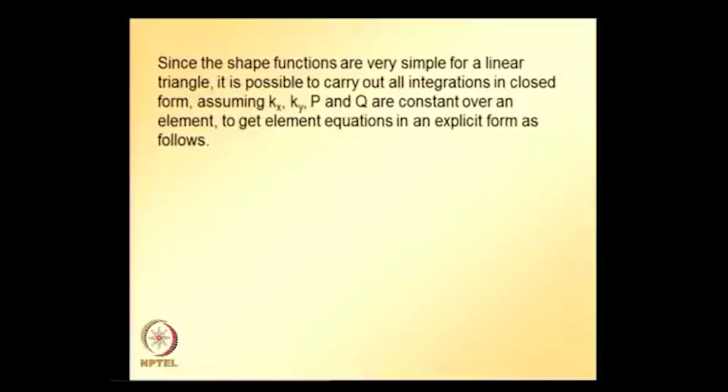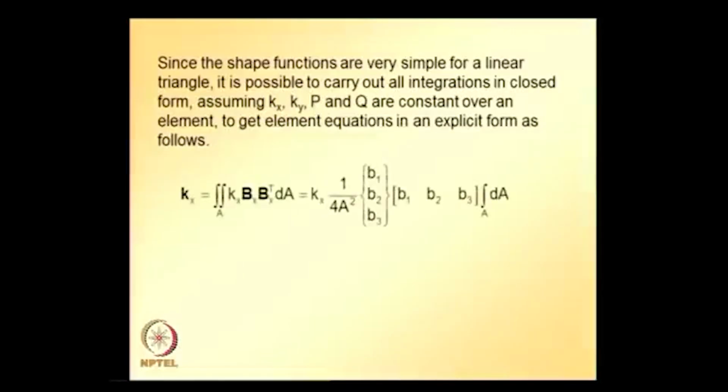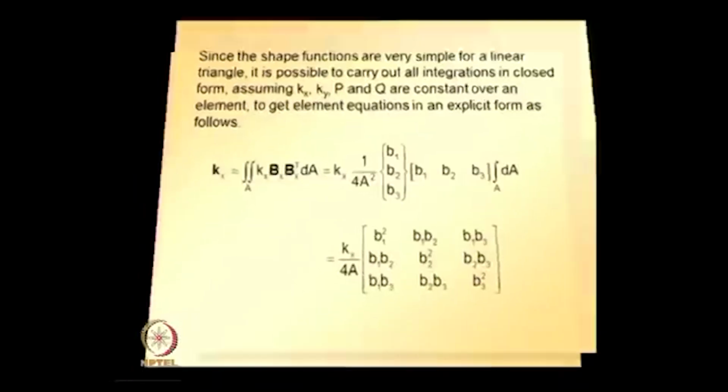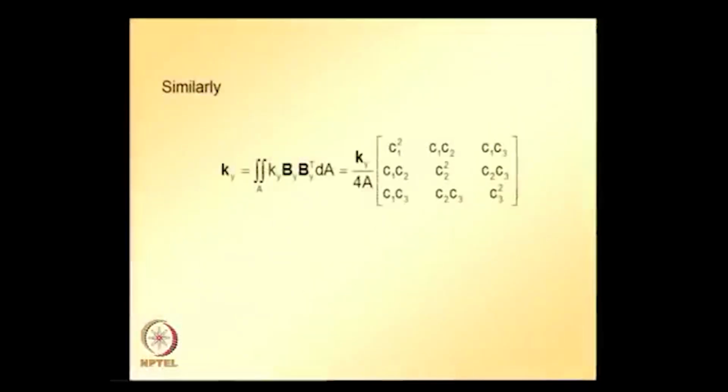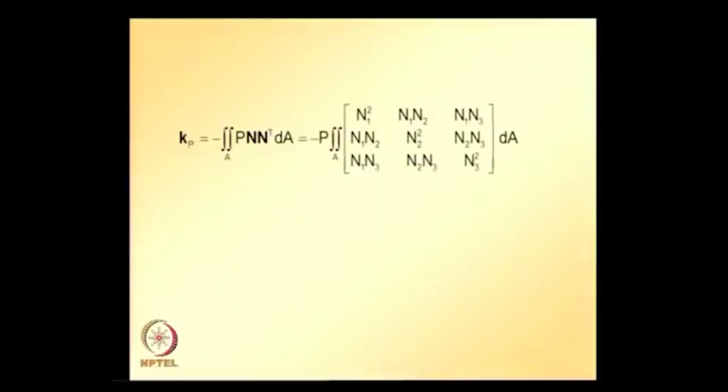Since the shape functions are very simple for linear triangle, it is possible to carry out all integrations in closed form, assuming kx, ky, pq are constant over the element, to get element equations in an explicit form as follows. So, kx for linear triangle element is given by this, which can be further simplified, and similarly ky and Kp, and to simplify the terms in Kp,